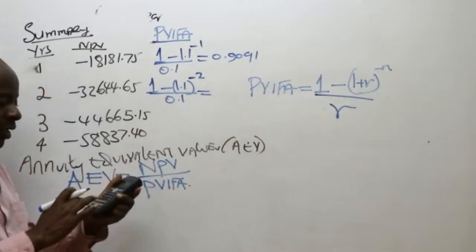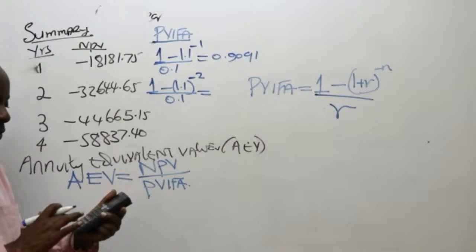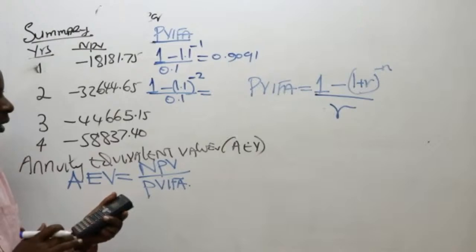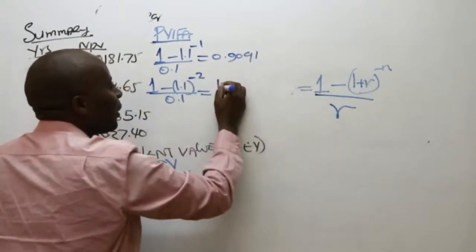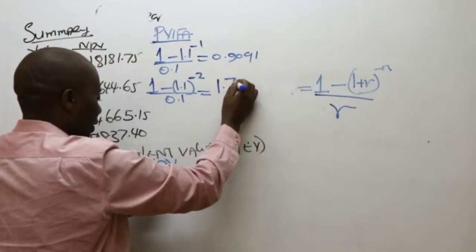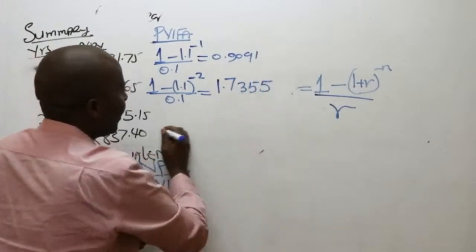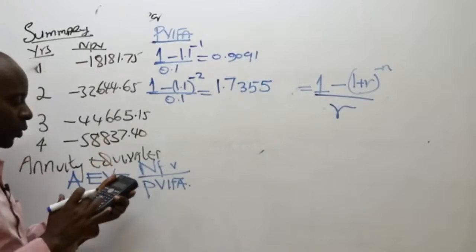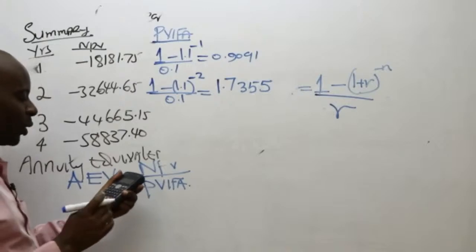So we have 1 minus 1.1 raised to negative 2 divided by 0.1, which will end up giving me 1.7355. So for n of 3, I have 1 minus 1.1 raised to negative 3 divided by 0.1, which will end up giving me